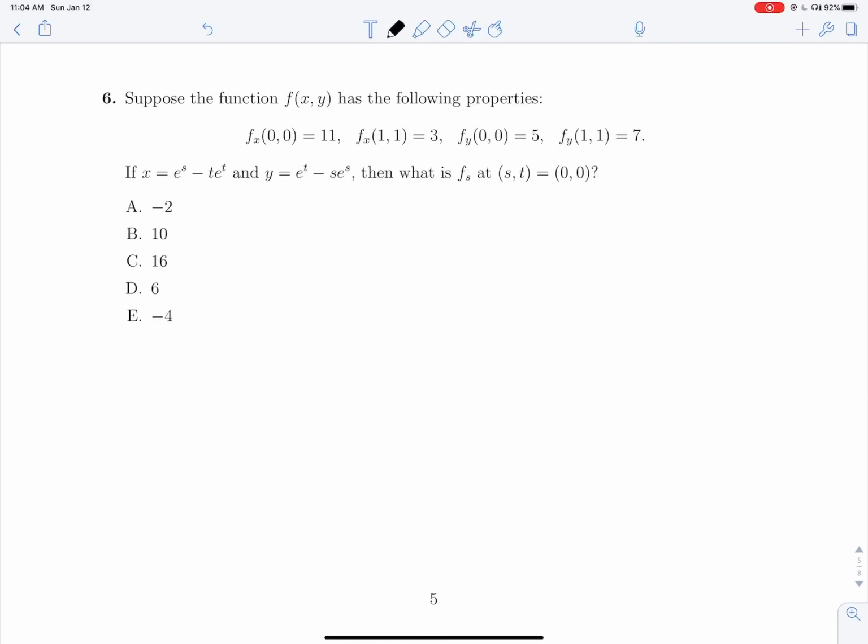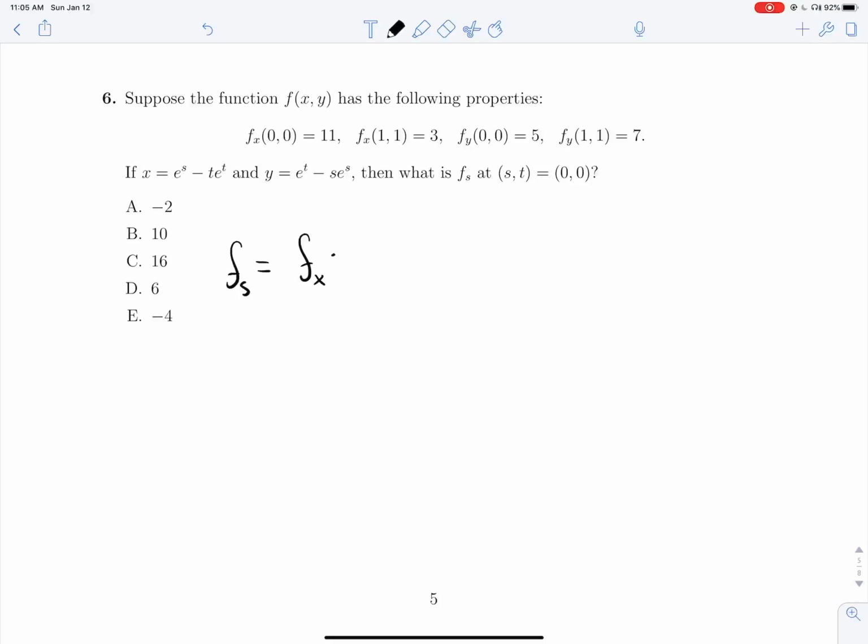We are told that the function f of x and y has the following properties, and we are told to find the partial derivative of f with respect to s at s, t of 0, 0. And importantly, we see that x and y are both composed of s and t. So whenever we have a function whose input variables are composed of other variables, this is a case for the multivariable chain rule. And in our case, we're trying to find fs, which is going to be